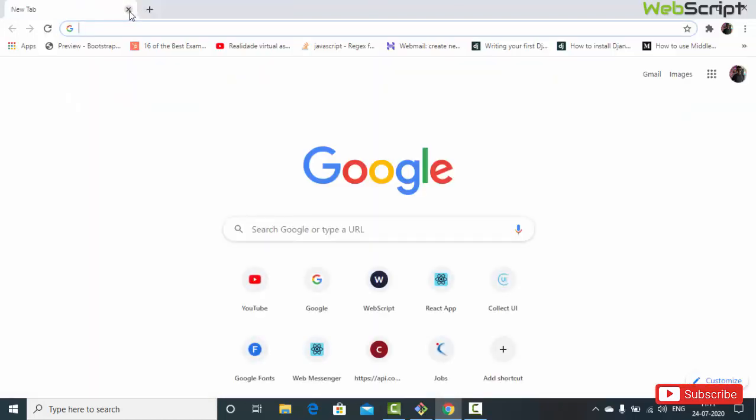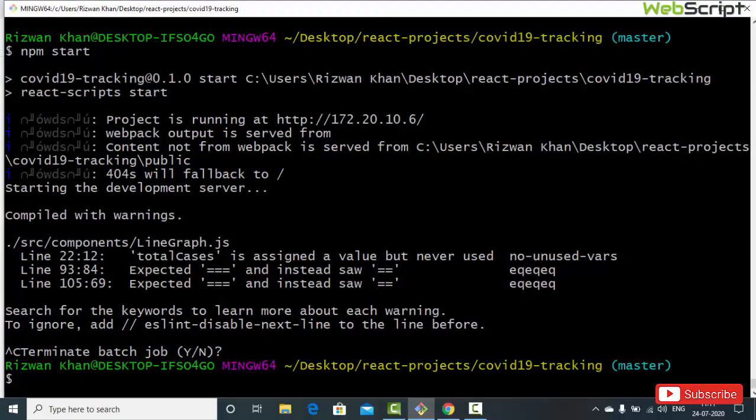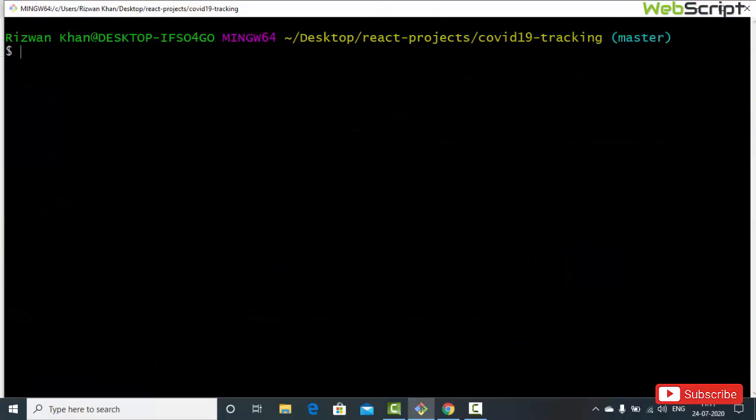New tab, close this, and let's go to your git bash or cmd, whatever you have. Let's clear it, or in case of cmd, it is cls. Now I'm going to create a new project. So we'll say npx create-react-app, and then we'll give a name like coronavirus